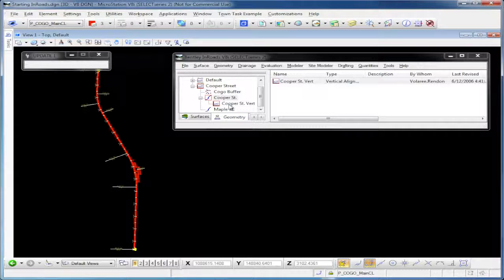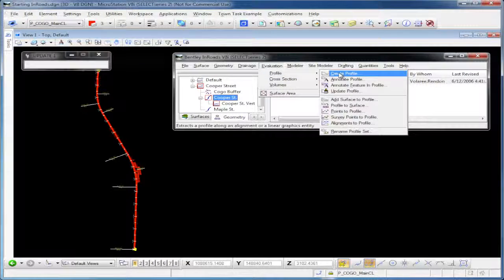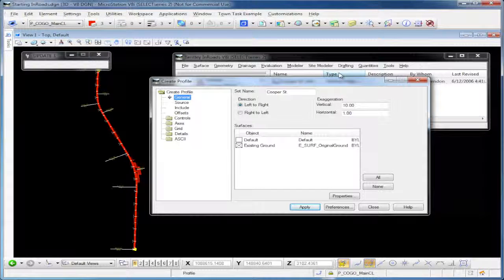In order to create a profile, you go up to the evaluation menu, profile, create profile, so that we can create a profile and then view our vertical alignment. Alright, on this general tab here, this is the create profile dialog that has all of the settings for creating a profile. So we want to call it Cooper Street. We can give it a set name, Cooper Street, which we'll see where the set name is displayed, and then